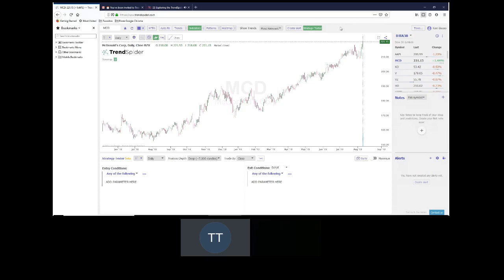So I thought what I'd do, I volunteered to try to do this live. We'll see how good I am at this. As you can see in the upper left corner, MCD, that would be McDonald's. I just picked a stock to show you how I do this. Down in the bottom here, you've got the ability to analyze various time periods. What I like to do when I start is to look at shorter term time frames, and then if I like the way it acts, take a look at a deeper analysis and go into a